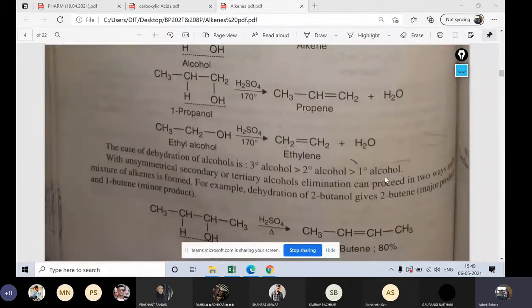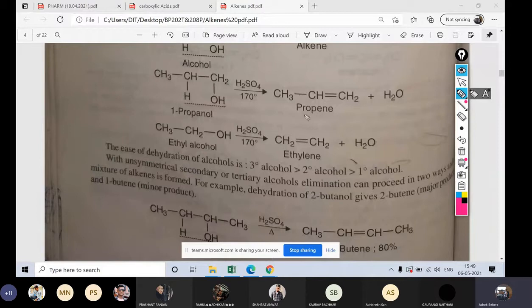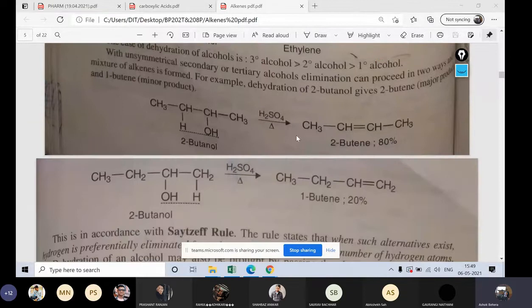So now you can see that here there is a chance that OH is there, from where hydrogen will be closer to this. So from here, water can be removed and a bond can be formed, right? This is the simplest example I told you to give in your exam. But if you take a complex example, see in this example, this is 2-butanol, at the 2 position. So hydrogen is also present here. So from where will the hydrogen go?